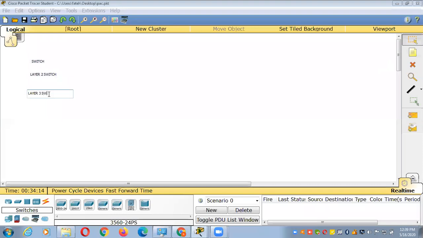So we have two types of switch here, layer 2 switch and layer 3 switch.